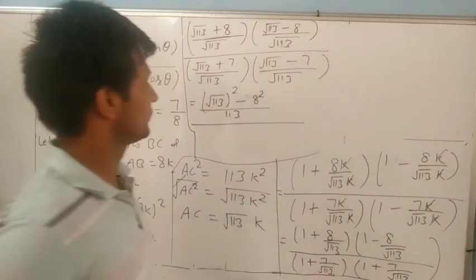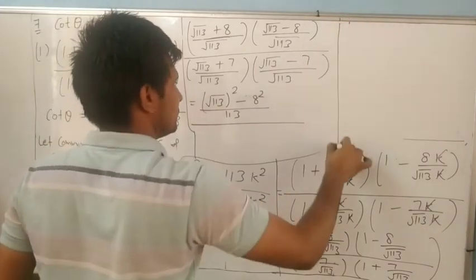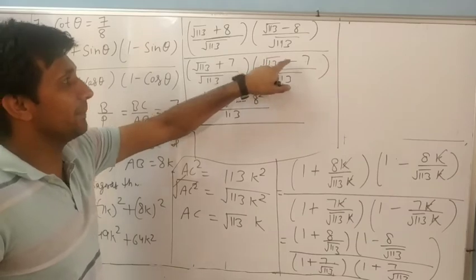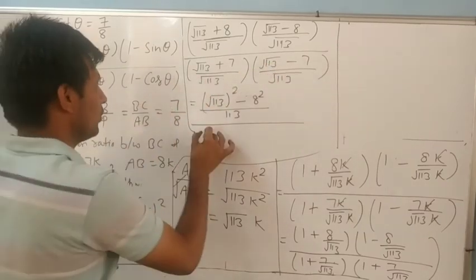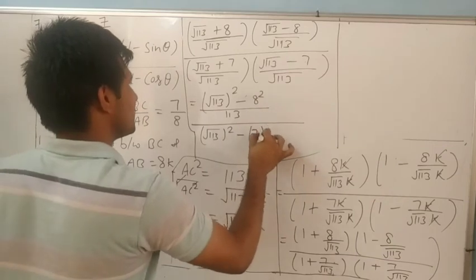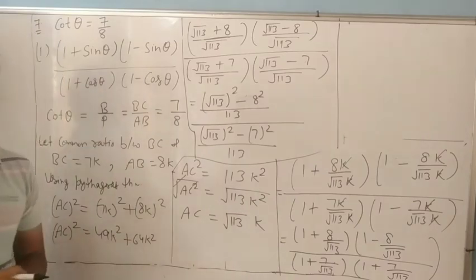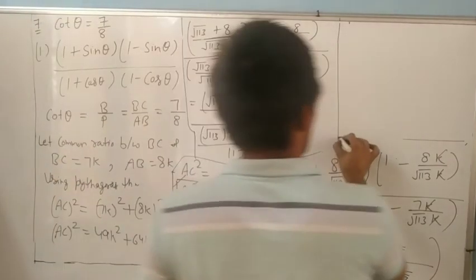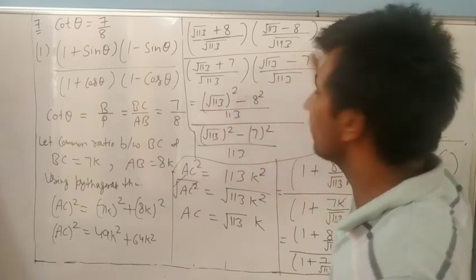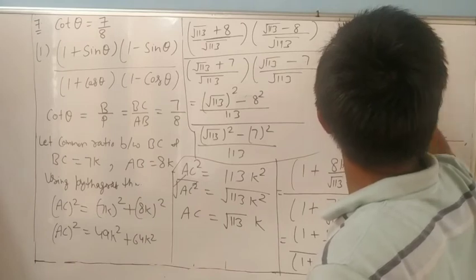Look at it now. It is (a plus b)(a minus b). So root 113 squared minus 7 squared, divided by root 3 into 1. Understand here? Now we will write. Look at it, it is the square of this one. Square root cancels with square: 113 minus 64 divided by